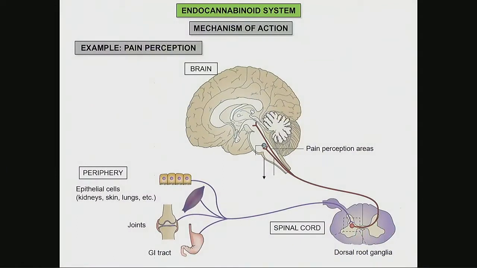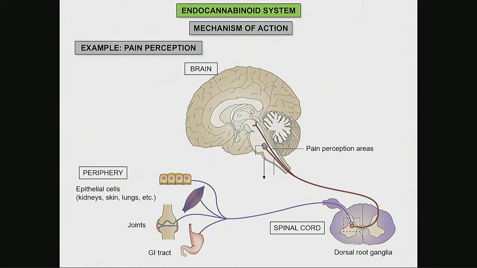And in summary, we have pain sensors in our skin, in our joints, in our GI tract, in all the places where you can feel pain. So when we receive a pain stimuli, this is received by these cells, by these sensors, which are neurons, and they send the message. This would be the equivalent to neuron number 1 in the previous slide.